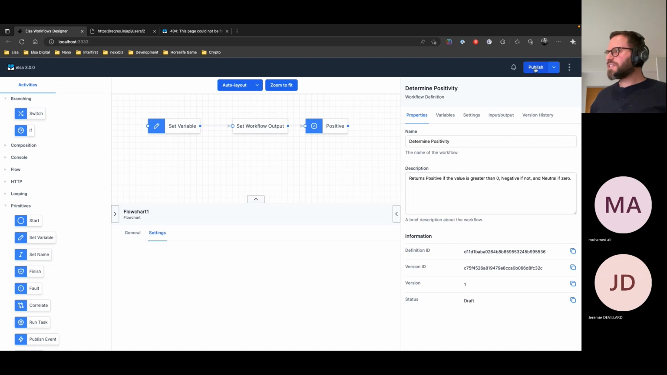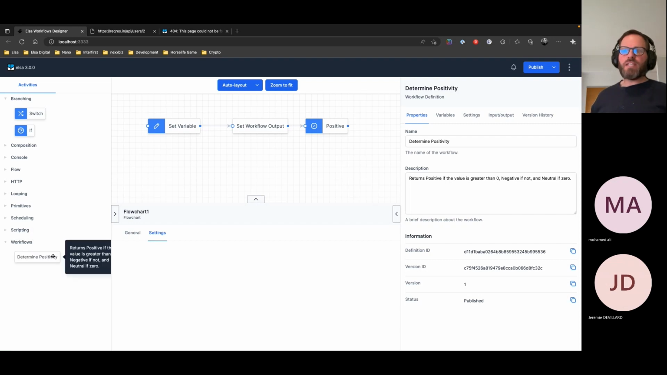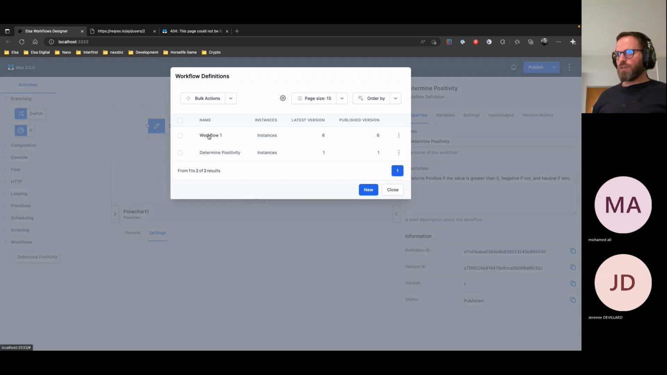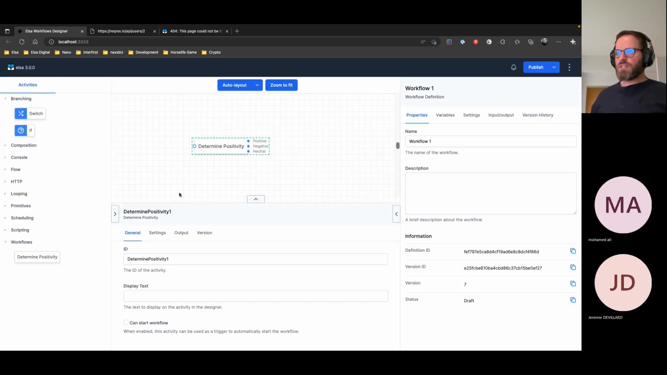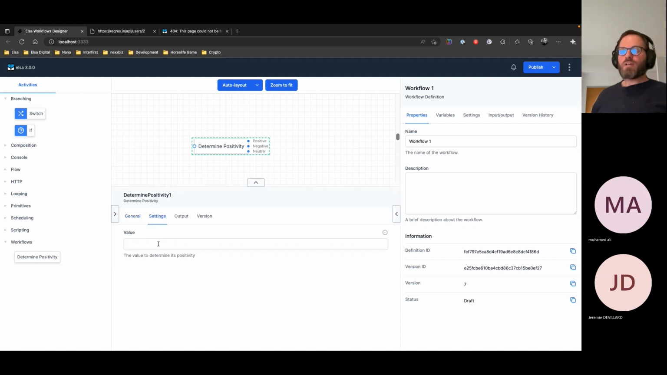That's much easier. All right, so now that we publish this one, we have a new category called workflows, which contains this activity here. So we can use this now as an activity. So if we go back to the workflow here, we can add it here. So here we see the outcomes, positive, negative, neutral. Here we can provide a value. So we could say, let's